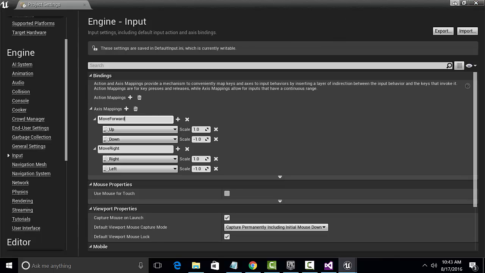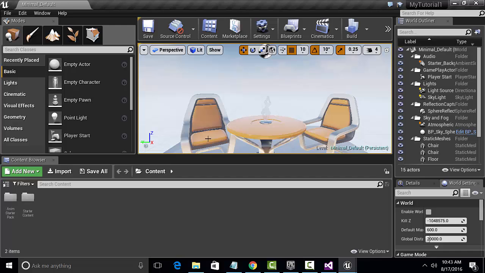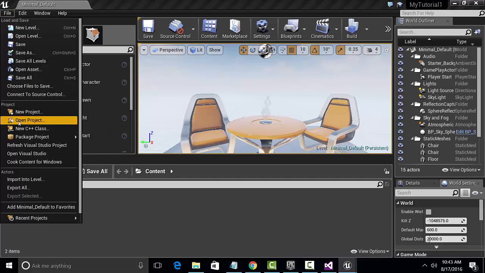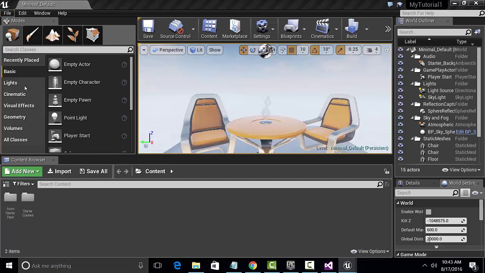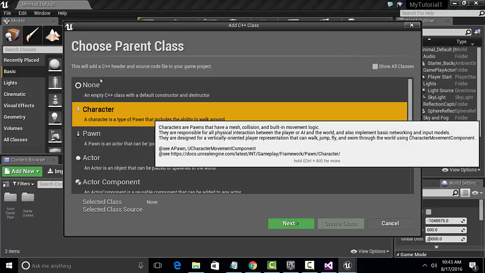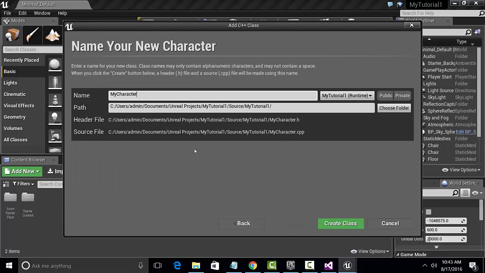So we can minimize this and we go to new C++ class, character, next, and we are going to call this avatar. Okay,